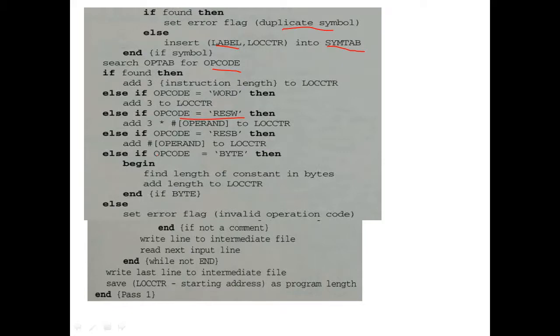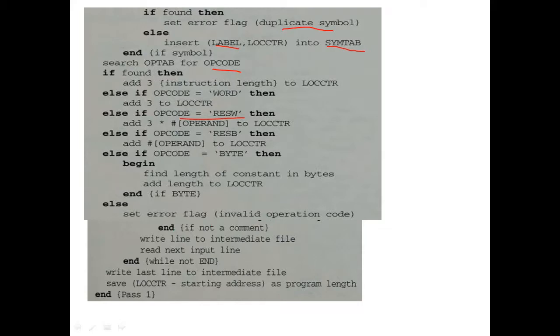If opcode is equal to BYTE, find the length of the constant in bytes and add that length to the location counter. Next, set an error flag if there is an invalid operation code. If you have given an incorrect operation code, for example instead of writing ADD you write some wrong code, it will give you an error saying it is not an operation code.